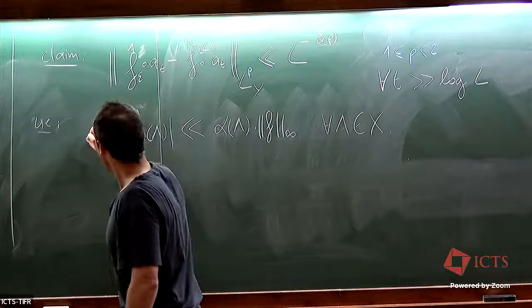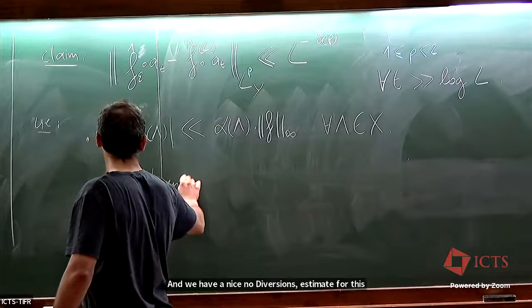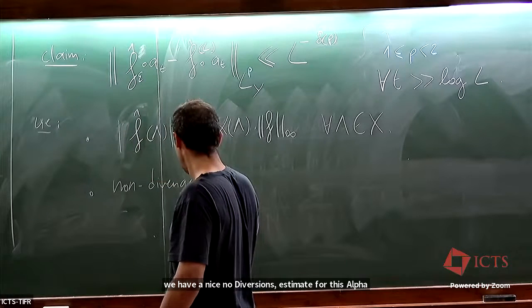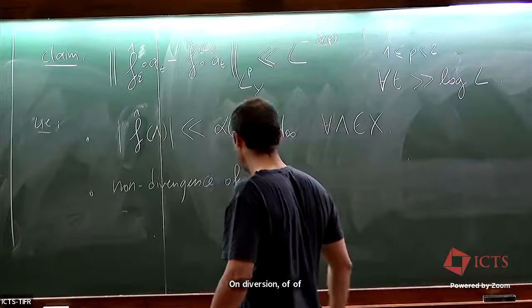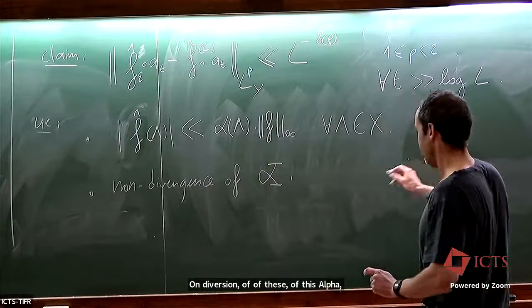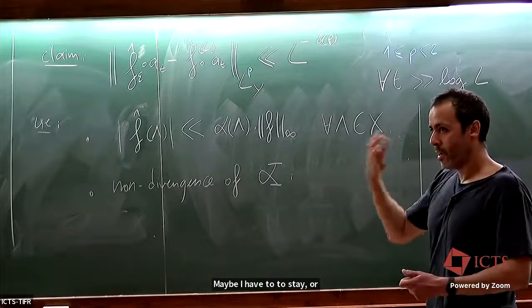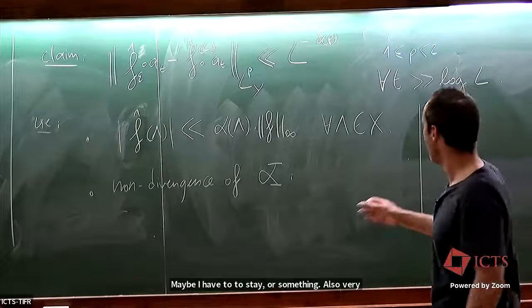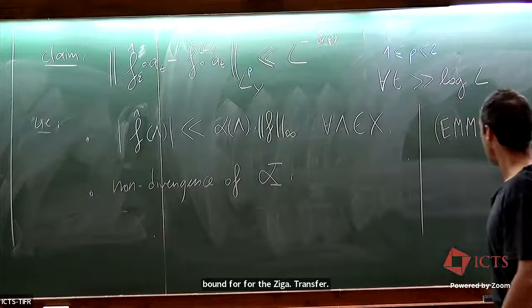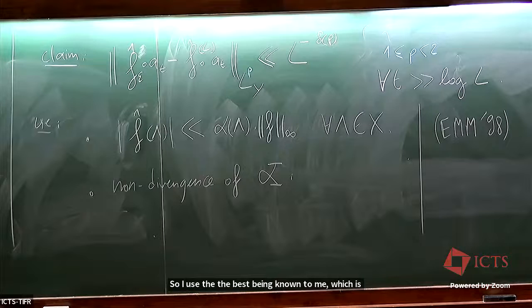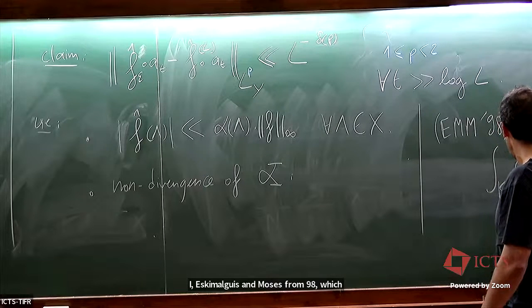And we have a nice non-divergence estimate for this alpha. I think you can also call it non-escape of mass. Non-divergence of this alpha function, which controls... Oh, yeah, maybe I have to say something also very important here: I don't have an L2 bound for the Siegel transform, so I used the best thing known to me, which is an old result by Eskin, Margulis, and Mozes from '98, which says that the average of this alpha